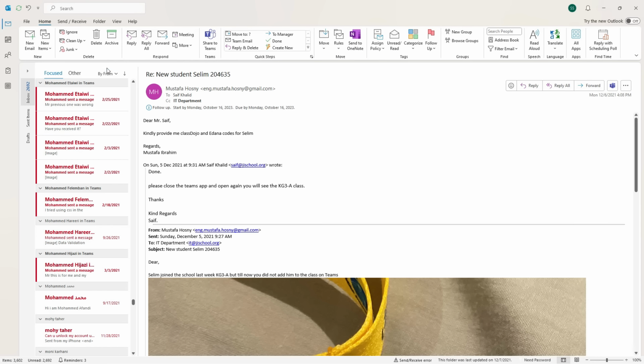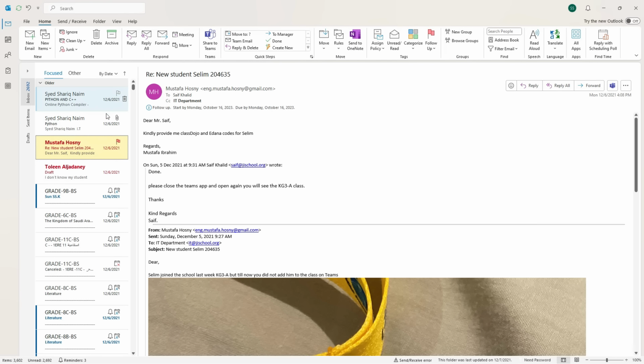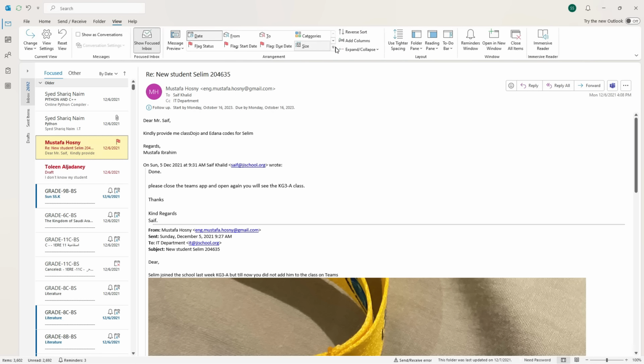If I click on date wise, the last date will be up. Also you can go to view, and these are the same things you can see here, from, date, or flag, whatever you want to view.